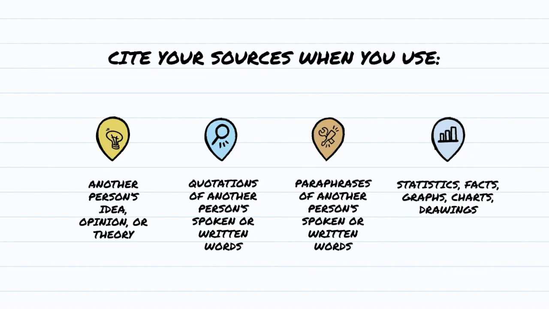It's important to know when you should be citing your sources. Whenever you are using another person's idea, opinion, or theory within your own research, if you are citing someone's words, either their spoken or written speech, you need to cite those quotations. If you are paraphrasing another person's spoken or written words, you should also be citing that information. And then lastly, if you are implementing statistics, facts, graphs, charts, or drawings within your research, you should also be